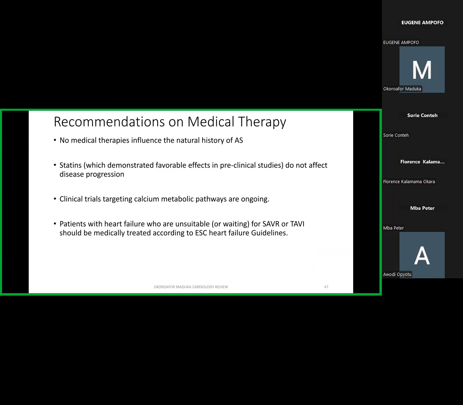history of aortic stenosis. Clinical trials targeting calcium metabolic pathways are ongoing. For surgical aortic valve replacement or transcatheter aortic valve should